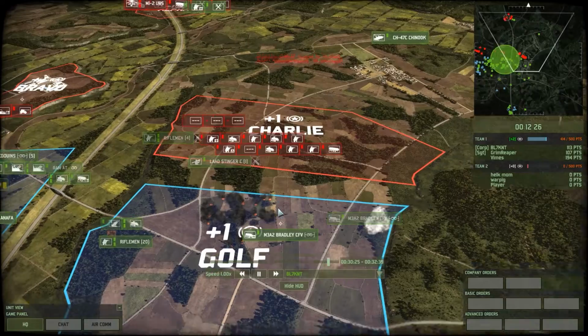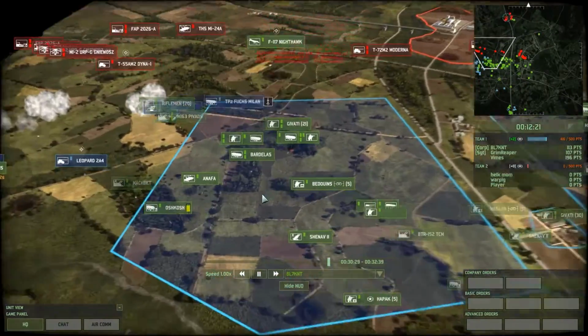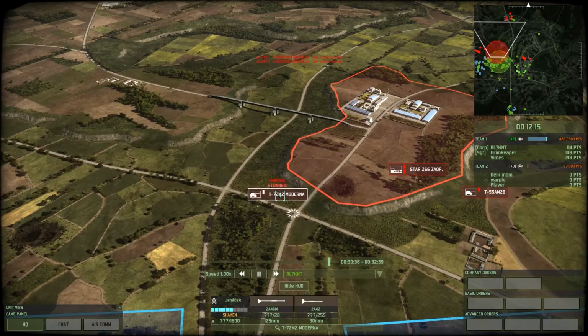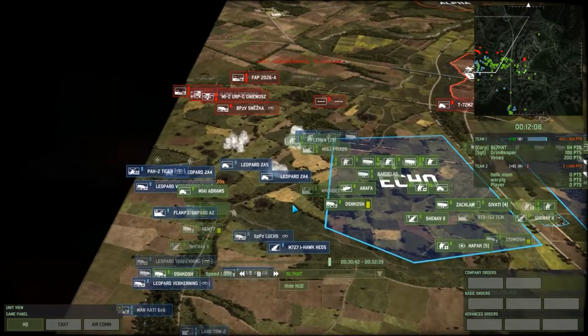M3A2 Bradley's not going to be enough to stop that push on his own, and we do have, what was the marker? Don't quite know. Another Nighthawk coming in, shooting at those two Modernas. Let's see how HE bombs do for that sort of thing. One of them does go down. It's actually quite impressive. The other Moderna is stunned. Of course, it was a side shot, not a frontal shot, so who's to say if that would have gotten